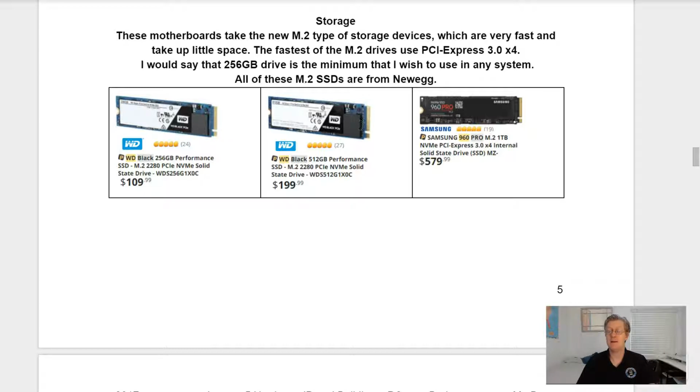It's the same size but twice the density of data, so that you're now at 512 gigs for around $200. And then the last one, if you really want to go with a large drive, you have the Samsung 960 Pro M.2 1 terabyte drive, and this one will set you back close to $600.